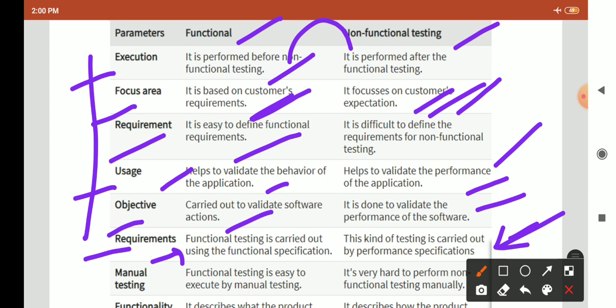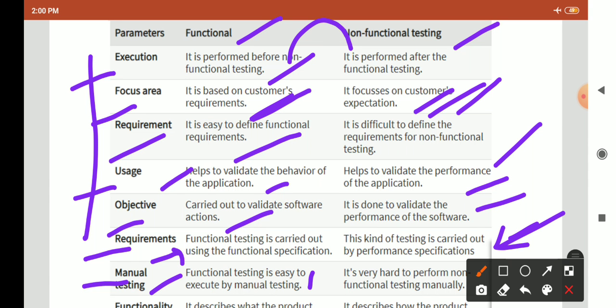Then manual testing. Functional testing is easy to execute manually, but it is very hard to perform non-functional testing manually.